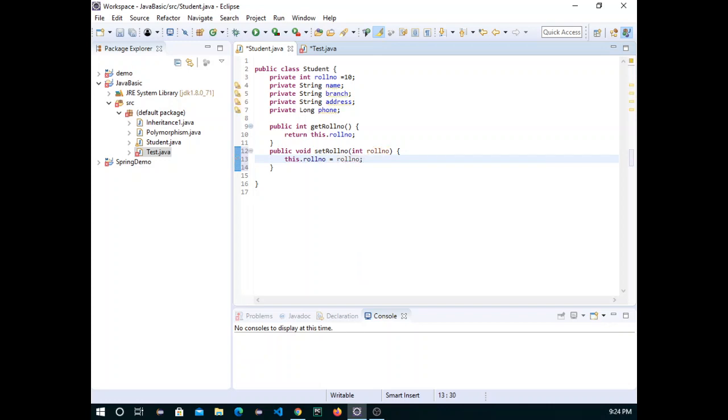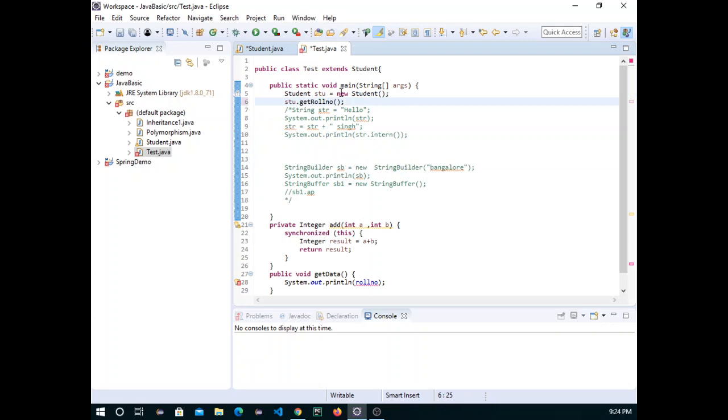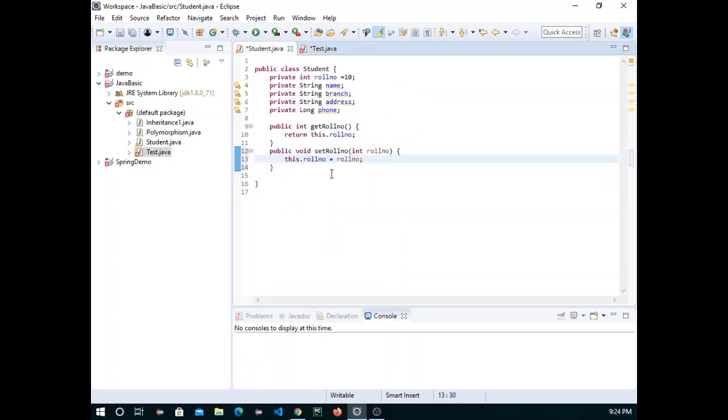Even if you want to set the data, you have to create the object, and then only you can set the data. The benefit of doing it like this: suppose you have created a student class and you want the roll number to start from 100 only. There is no roll number less than 100. So the roll number itself will start from 100, 101 and 102.